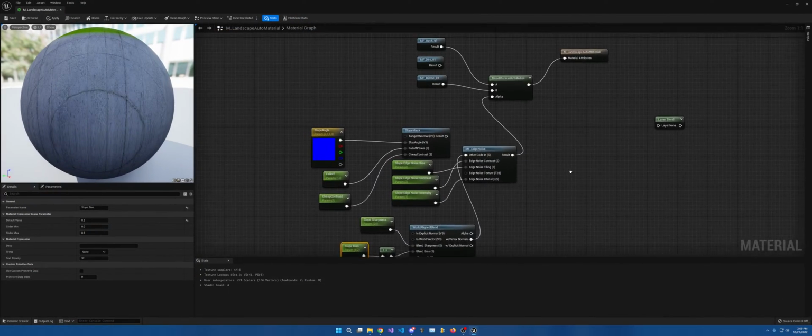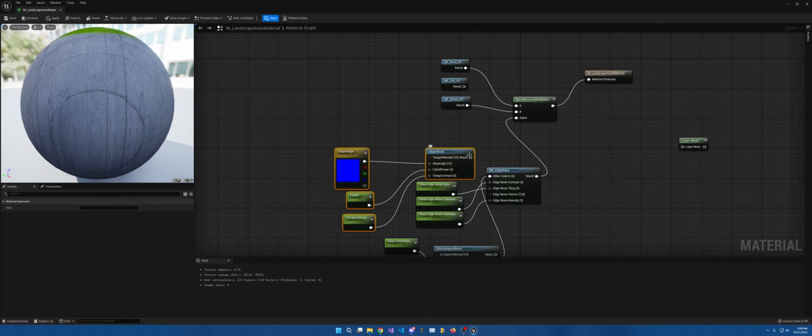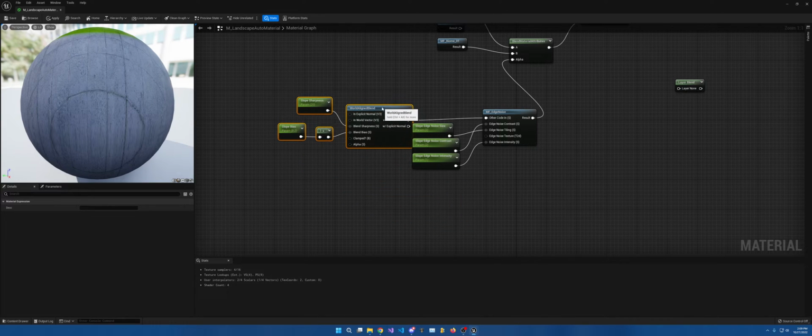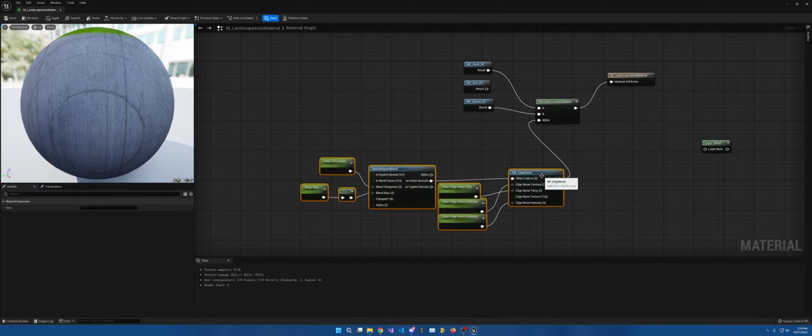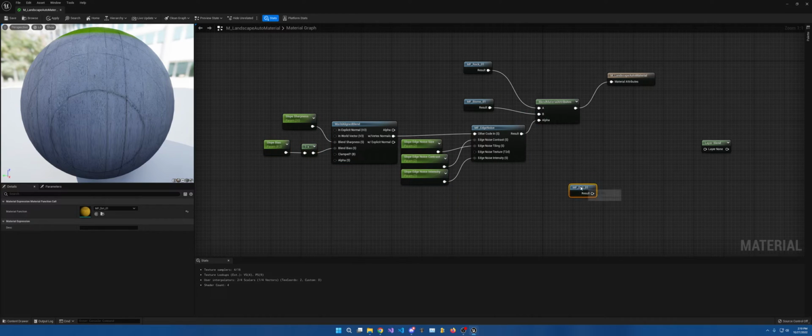So to better understand it, I don't like this, so I'm just going to delete it. If you want to keep that side of it, you can. Like this. Right here is the slope mask. Now you may be wondering how to do 2 slope masks. That, ladies and gents, is a fantastic question. So to add the dirt,